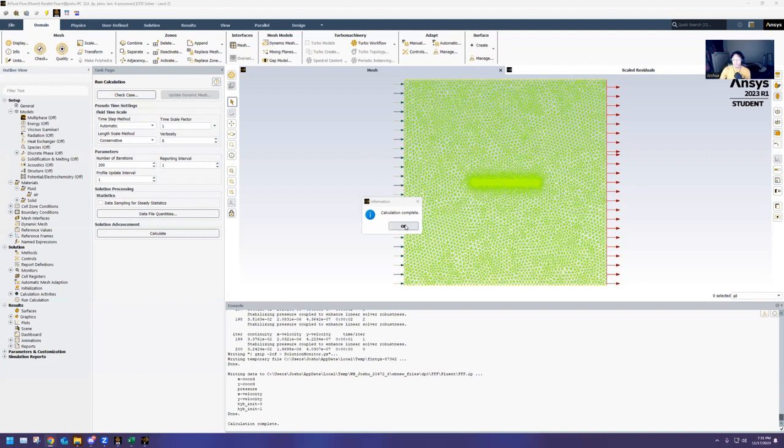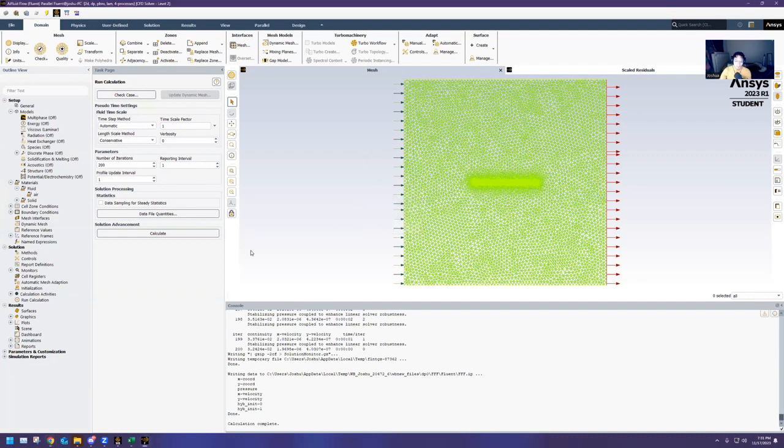So our calculation is complete. And for this project, aside from analyzing the boundary layer along the flat plate, we also want to be able to look at the skin friction coefficient and the wall shear stress. So to do that,